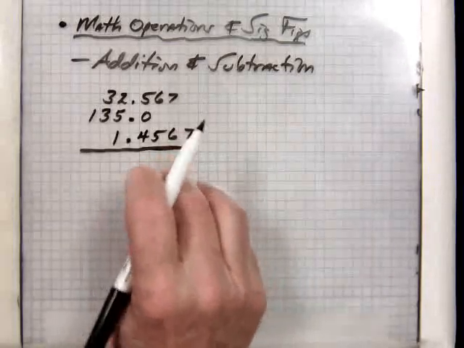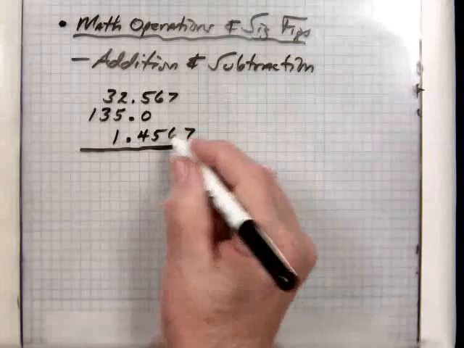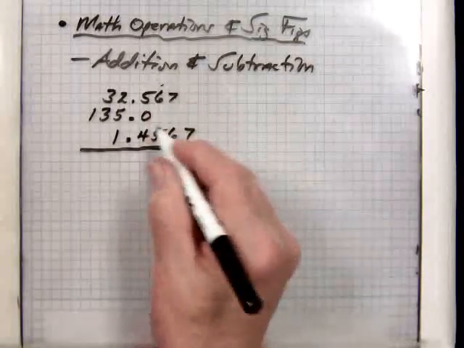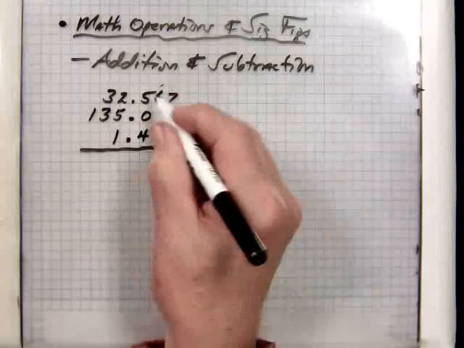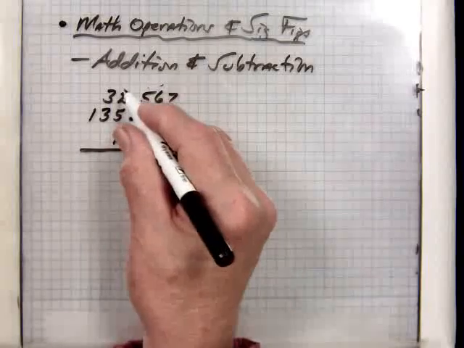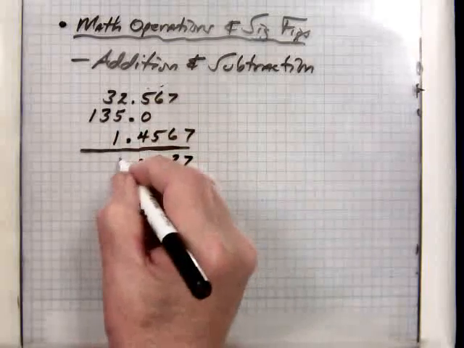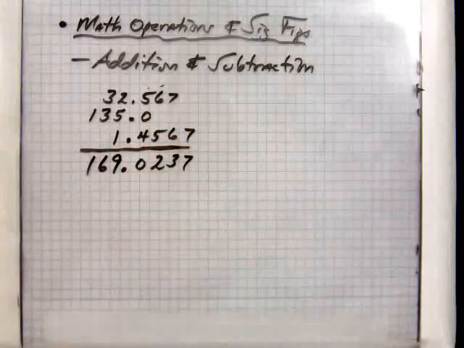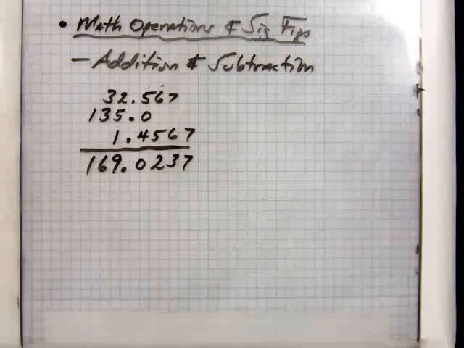I'm trying to line these up. 6, 6, 12, 13. 6, 7, 8, 9, 10, 11, 12, 5, 6, 7, 8, 9, 10, 2, 3, 4, 5, 6, 7, 8, 9, and 3 is 6, 169.0237. Now, the way the rules read is you round it to the number in the computation having the least